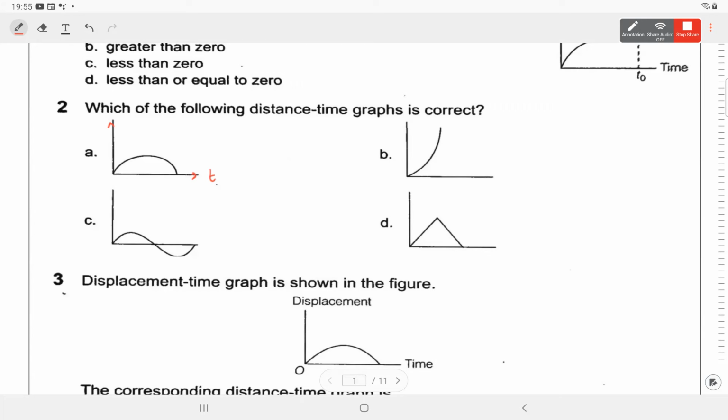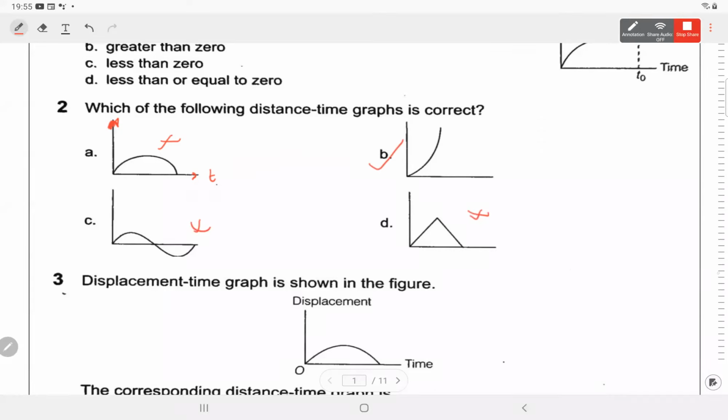Yes. Anyone else? Yes, Rishad, why is it not a possible graph? Sir, the answer is part B. Distance cannot be negative. In A there is no negative. So it cannot decrease. Distance cannot decrease. It is the length of path. After going to a maximum value, it cannot decrease. Correct. B is possible. C: distance cannot be negative. D: distance cannot decrease with time.